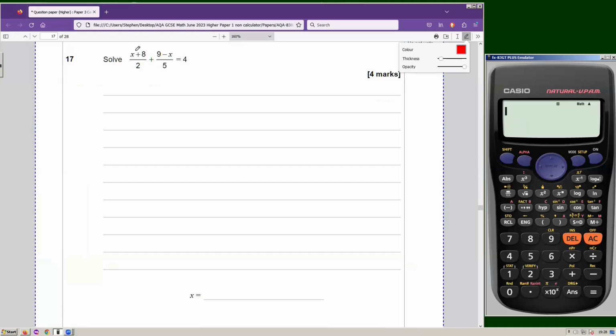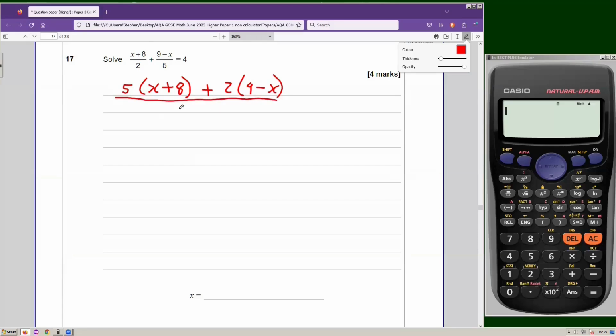Question 17, solve x plus 8 over 2 plus 9 minus x over 5 equals 4. We've got to solve it for x. So let's find a common denominator, which is going to be 10. We've got to multiply this side by 2 and this one by 5. So we're going to do that. We're going to go 5 times x plus 8 plus 2 times 9 minus x over, I'll go 2 times 5 for now,